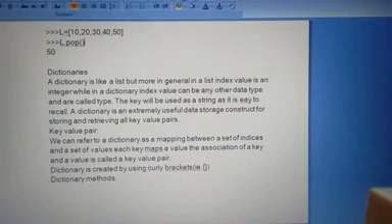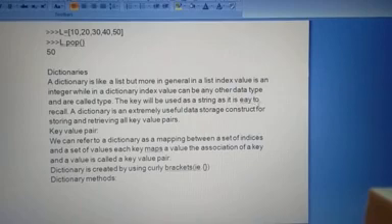Dictionary means what? A dictionary is like a list but more general. In a list the index is an integer, while in a dictionary the index can be of any other data type. So a group of data is stored in a dictionary. Whatever data you want, you can use it. There are different categories of functions as well. The keys are called a type. The key will be used as a string.